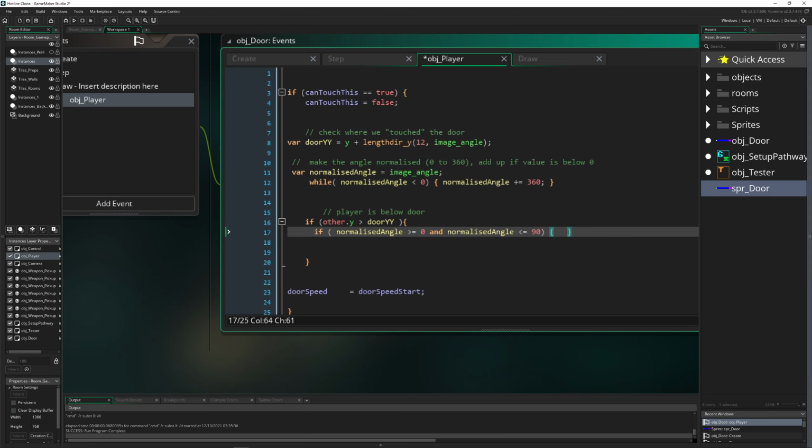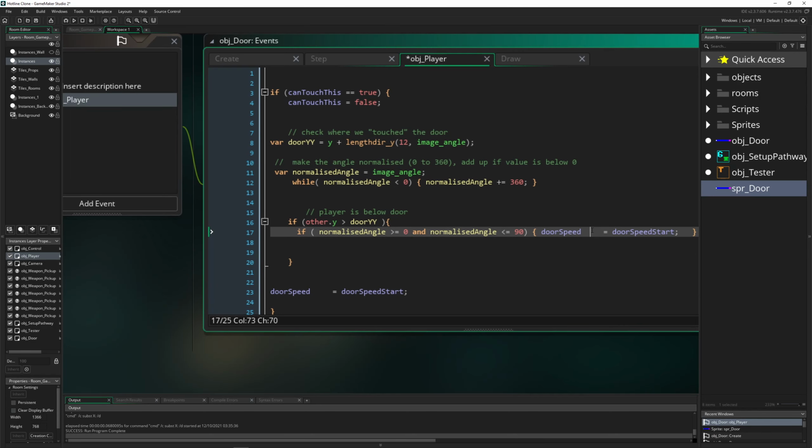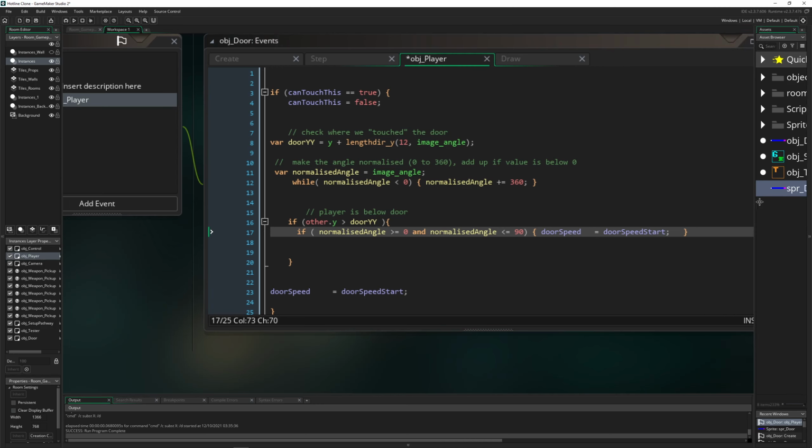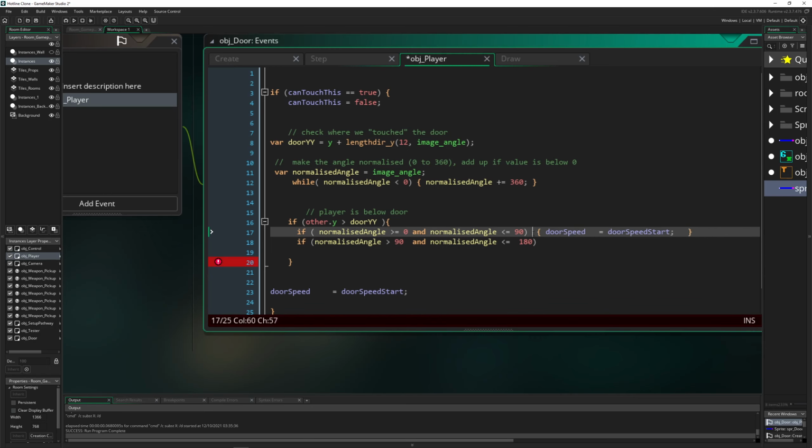That means it has a door speed value which is going upwards. So basically this dude here, boom. But for example, what happens if we are, let's say, between 90 to 180? So hopefully you know what's going on. So for example, but what happens here? What would you say is then the value which we need to have? Yeah, hopefully you guessed it correctly. So we just input it here,